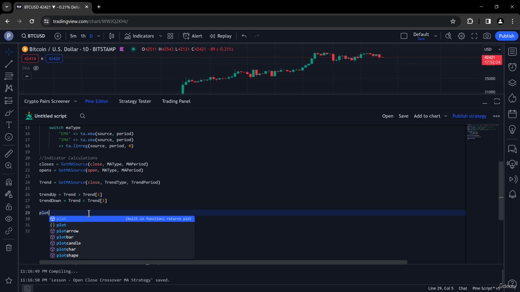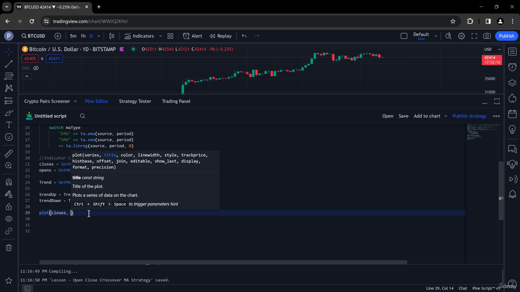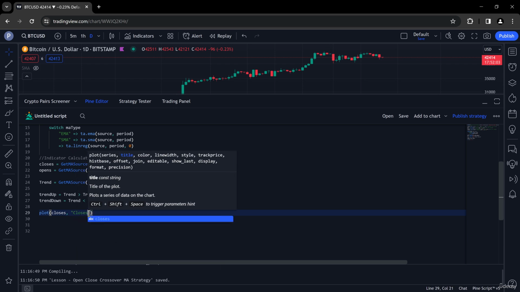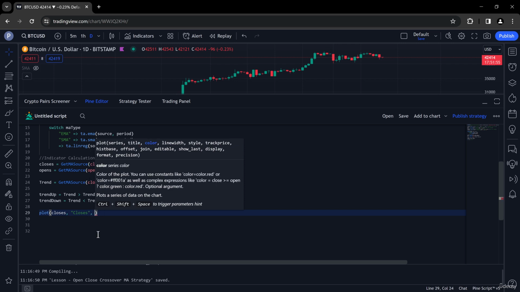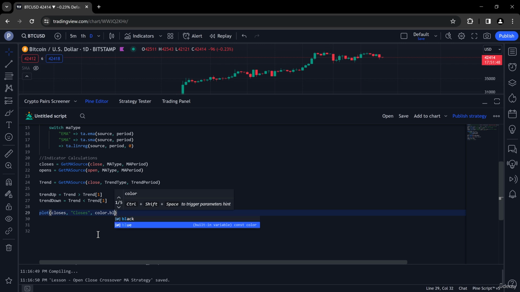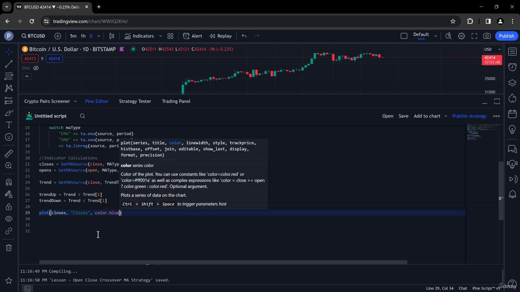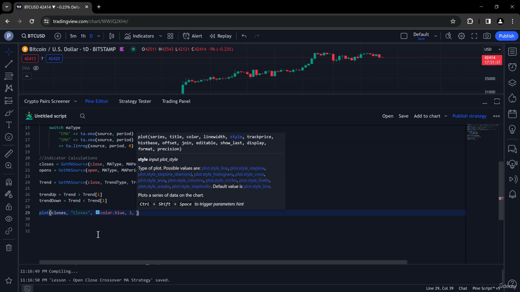To do that, we use plot function, and in plot function, let's plot closes series, and the title will be closes, and the color will be, let's set it blue, color blue, and line width, let's set it to 2,